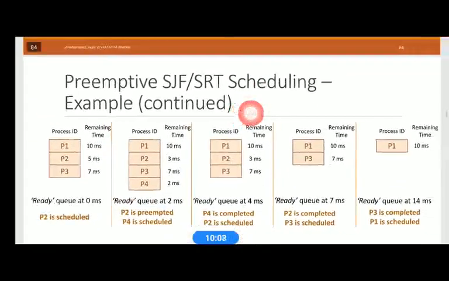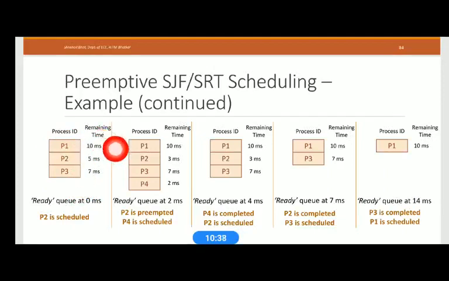You can understand this clearly by seeing this figure. Initially at 0 milliseconds, when execution of the processes starts, there are three processes in the queue: P1, P2 and P3.